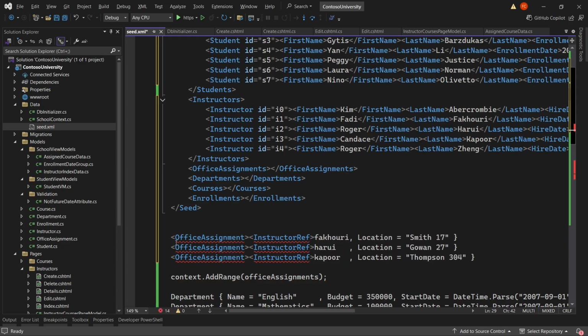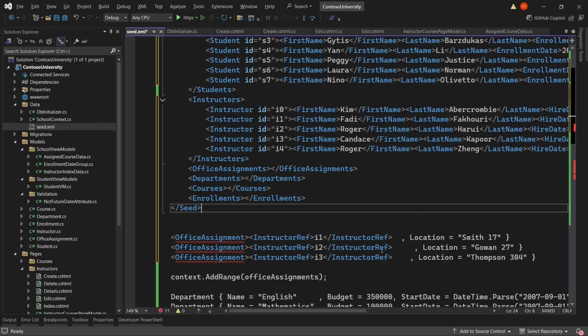and then, but instead of the names, I'm just going to use the ID. So I'm just going to put I1, and then I2, and then Kapoor is I3. Okay, so I'm going to close that out. Instructor ref. No. Let's put a slash there because we're closing it. Control Shift. So again, Alt select, and then Control Shift right,